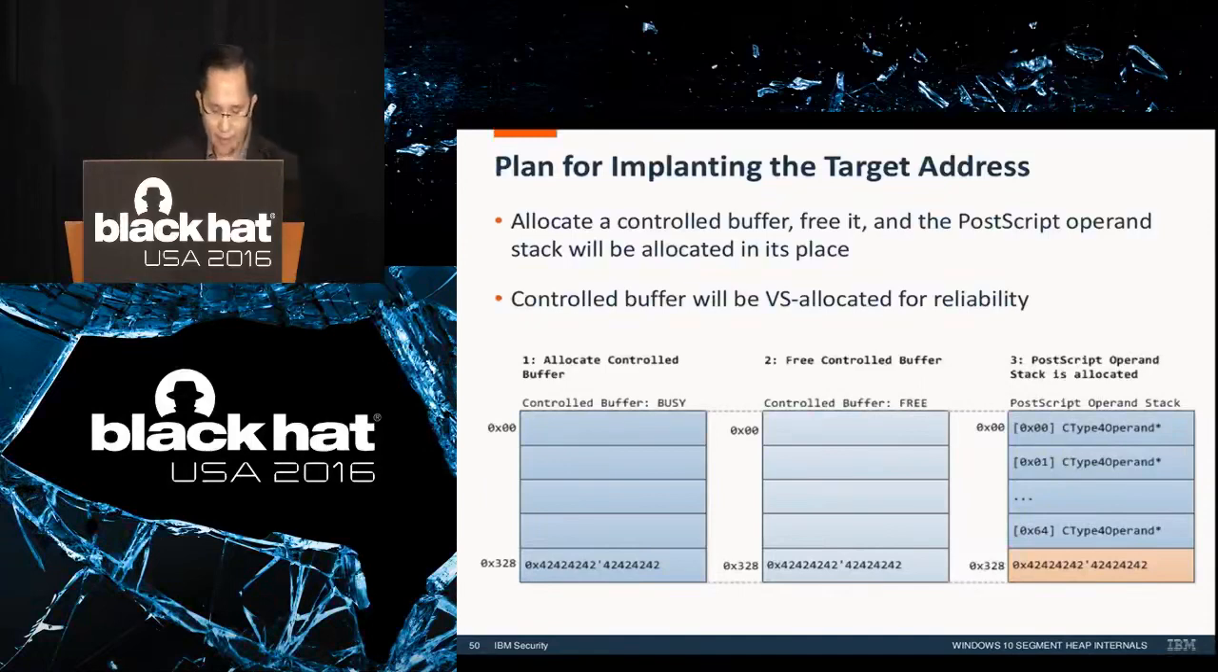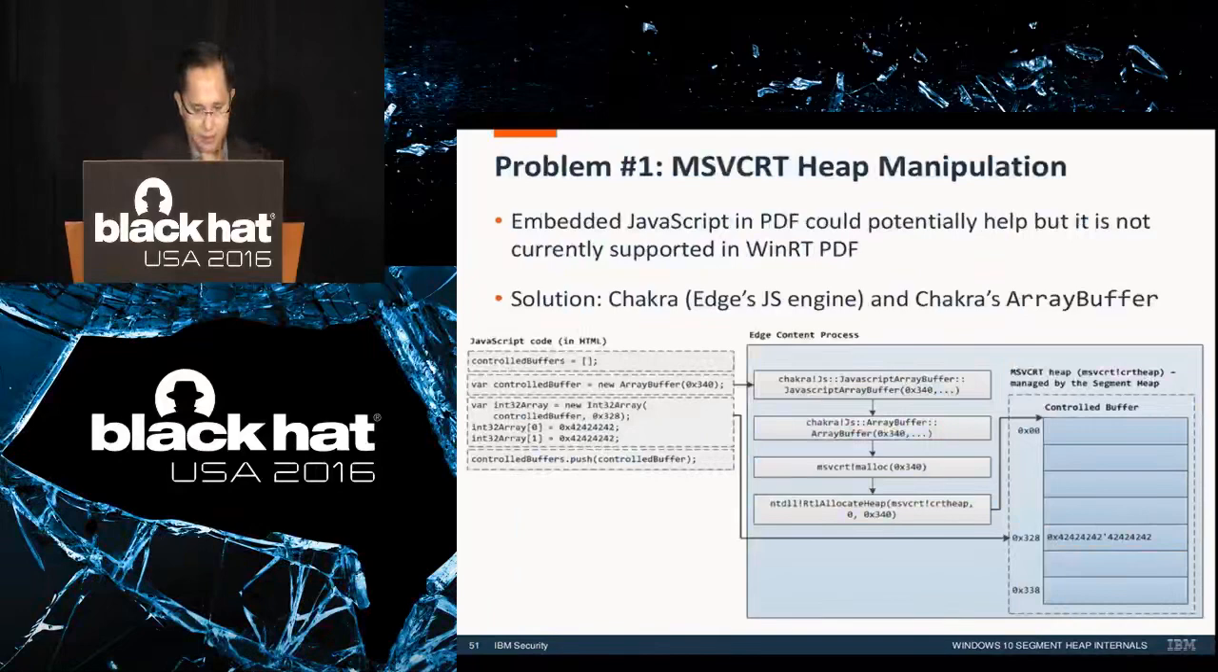Unfortunately, WinRT-PDF still does not support JavaScript embedded in PDF. That would potentially allow the arbitrary allocation and freeing of blocks from the MSVCRT heap. So that is a problem, and one solution is this. This is where Chakra and Chakra's ArrayBuffer implementation comes in. Using JavaScript code in an HTML, an arbitrary size block can be allocated from the MSVCRT heap by instantiating an